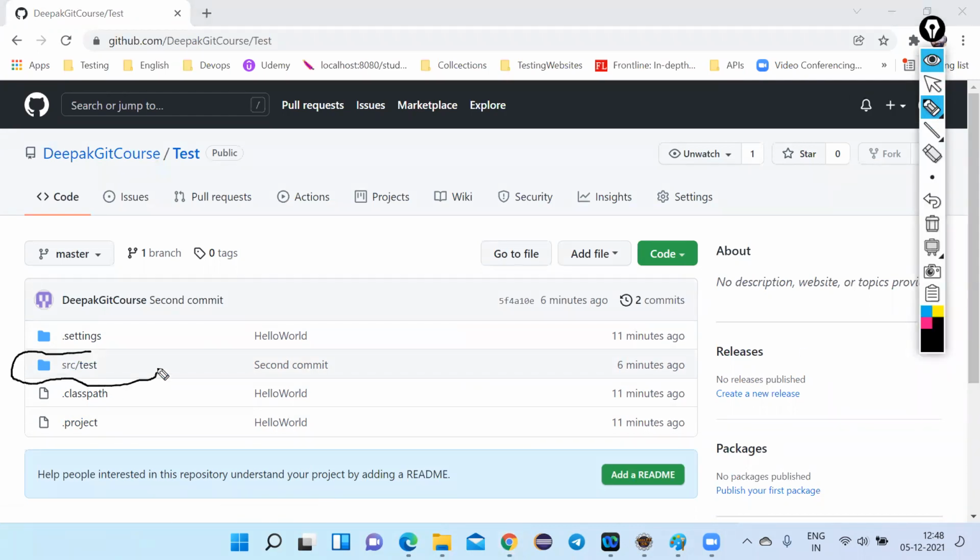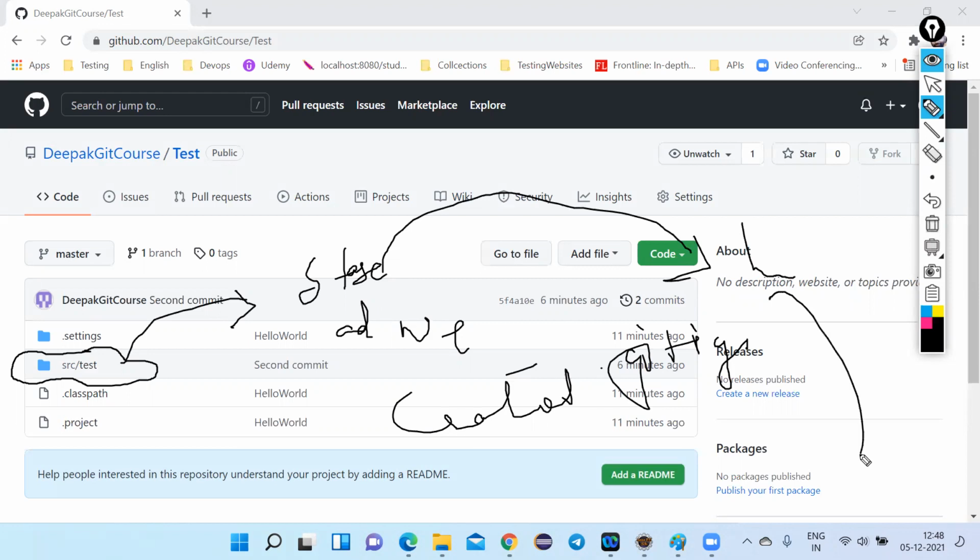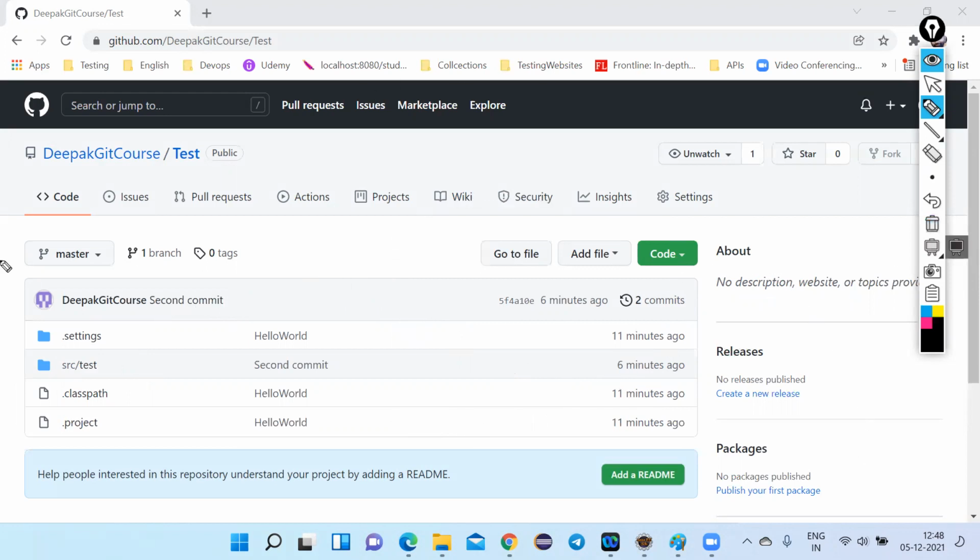So what is the mistake that we did earlier is, we committed it to the staging area and we created a .ignore file. So all the things which are present in the staging area are in local repository, and after local repository, it is committed to the remote repository. So what exactly we need to do is, let me create a new one and show you the correct path.